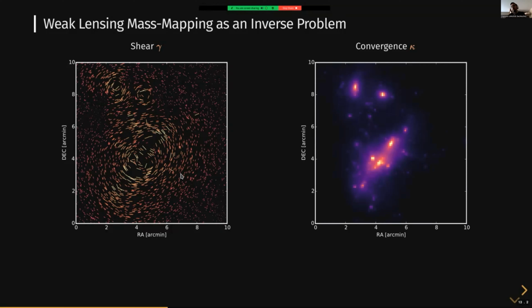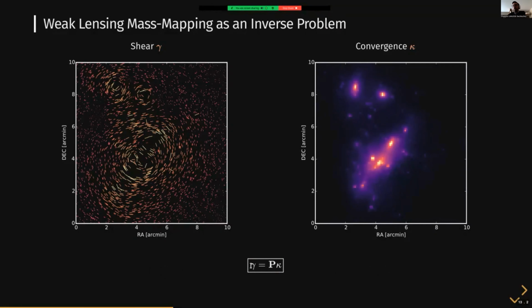So what you see here on the right is actually a map of the dark matter, essentially dark matter, in this galaxy cluster that generates this lensing effect. And we call this the convergence kappa typically. And so the nice thing is that you can relate those two things together, and you end up with this form of expression here that you recognize as an instance of an inverse problem. We're trying to reconstruct this kappa here from measurements of gamma.